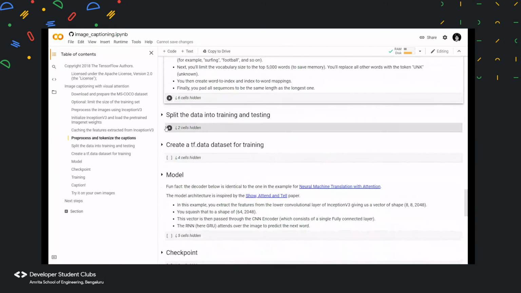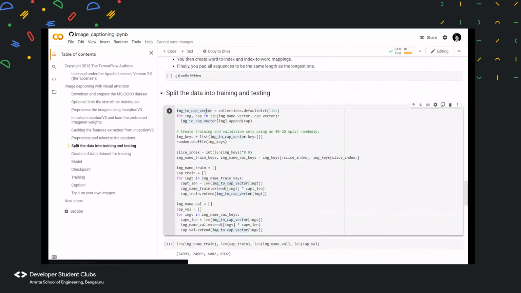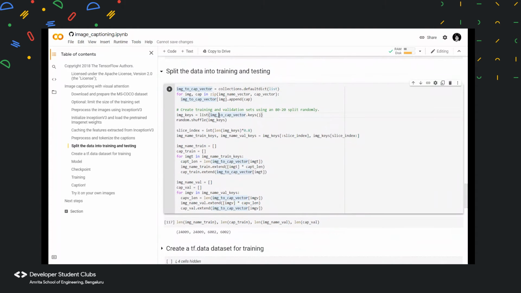That is pre-processing. And here, as you know, we always have to take a training set and a validation set. Training is for training the model, and validation is for checking if the model is overfitting, and doing real time analysis.